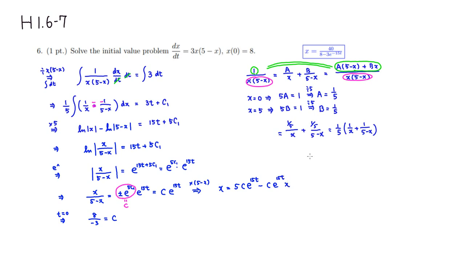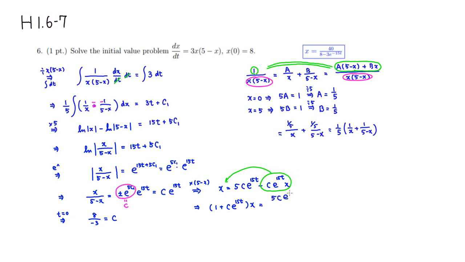Then I'm going to move this x term over to the other side. So there's a 1x already there, so this is going to be plus c e to the 15t x is equal to